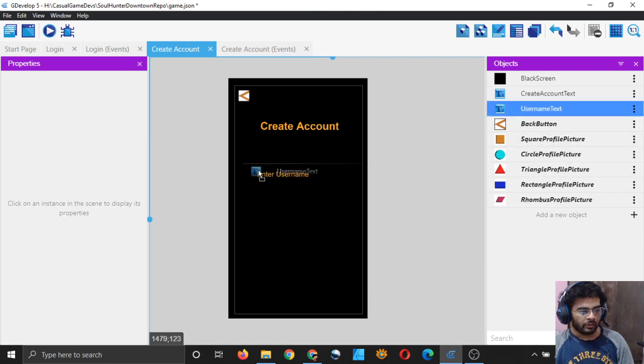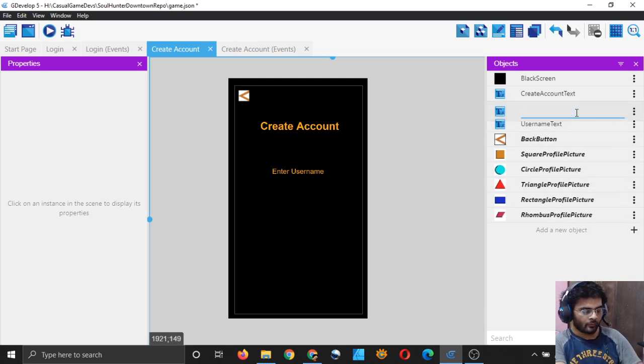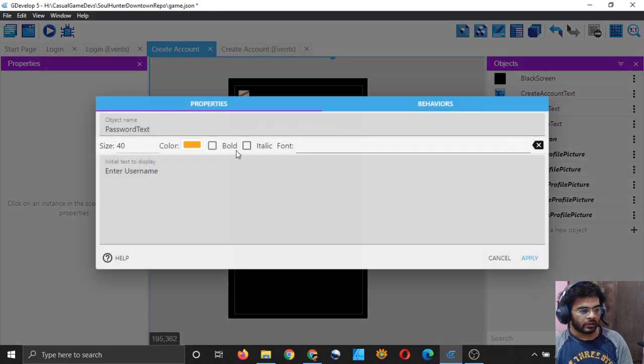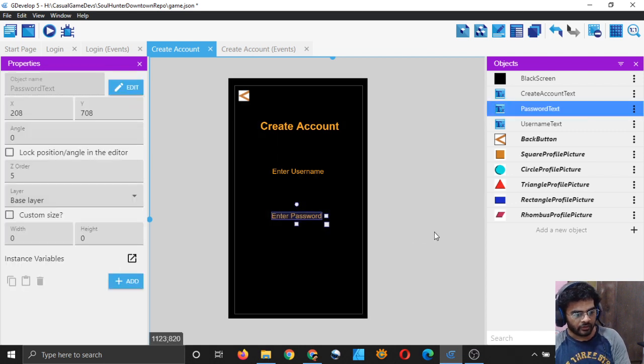And I will just drag it over here, and I will simply duplicate the username text to create the password text. Inside the password text I will simply type enter password, and I will drag it here a little bit in the center.